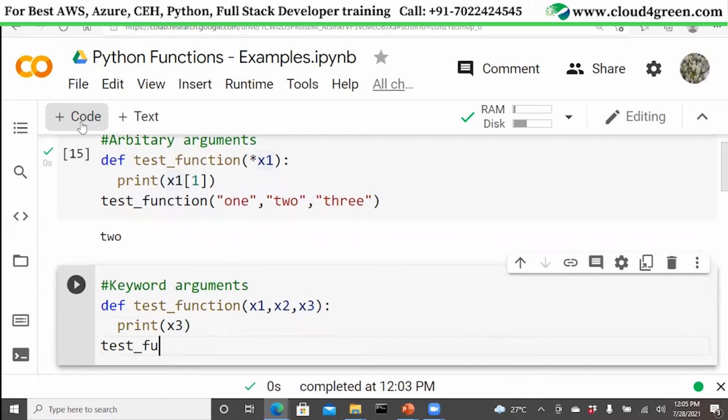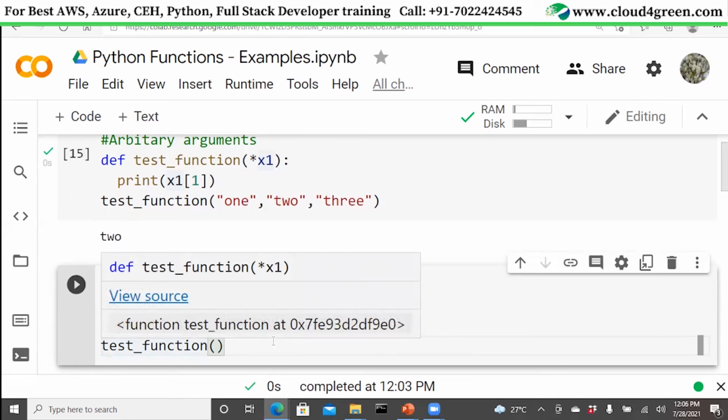Now, when I call the function, normally when I pass the three values, the first value is associated with x1, the second value with x2, and the third value with x3. But when I use keyword arguments, I can pass the arguments in any order.